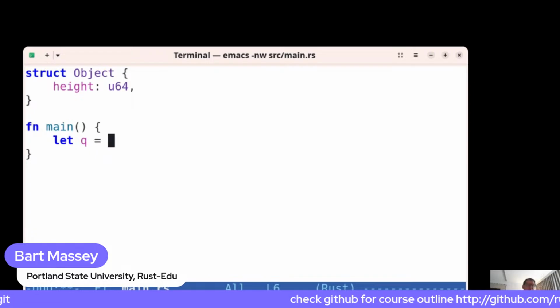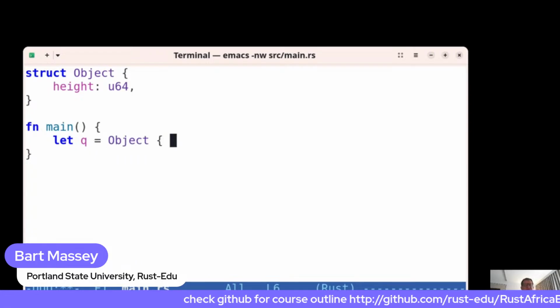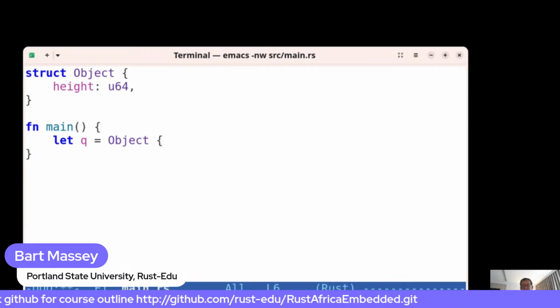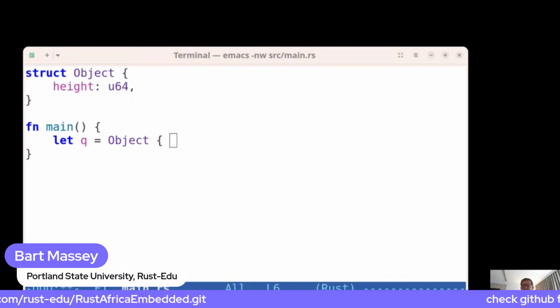So if I let Q be a thing, this is a struct expression, which is a new thing in Rust, is an expression that's used for